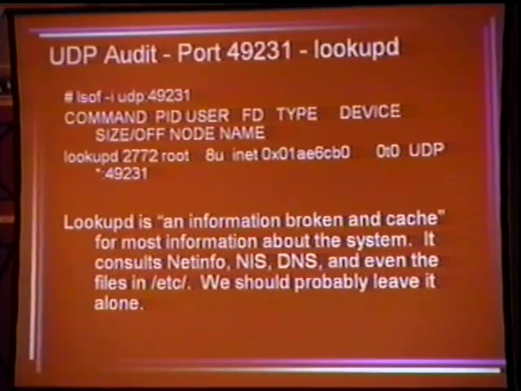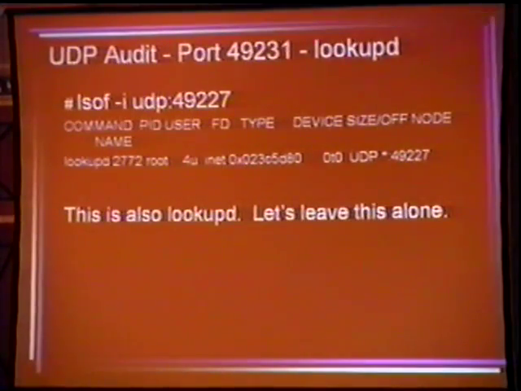We get lookupd. What lookupd does is it's a daemon providing caching for netinfo information, for NIS information, for DNS information. And actually, really oddly, even the files in /etc. It caches their information if they weren't being brokered by netinfo itself. As far as I can tell, you seem to need it on the system.